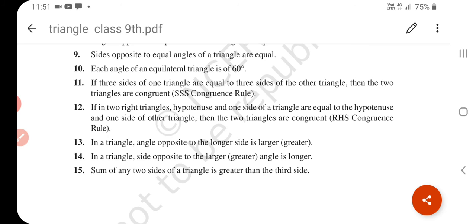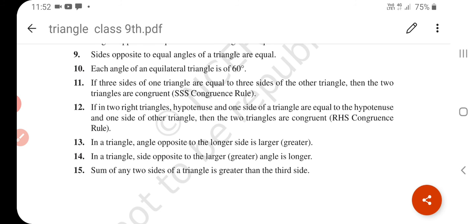Students, I will give you notes today so you can write them down in your notebook. And I will also give you some multiple choice questions, because in the exam you always get multiple choice questions. So practice these questions also. Now in this chapter we learn about triangles, and you have to learn and remember all the theorems and all the criteria.